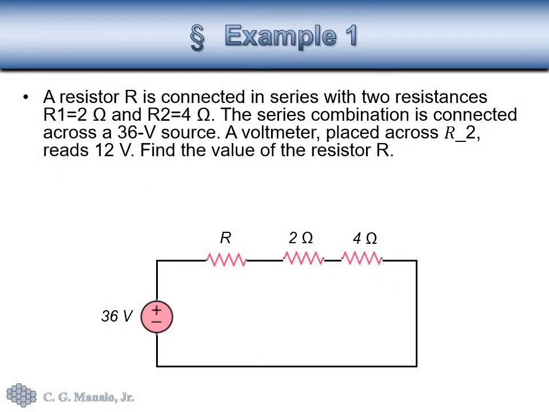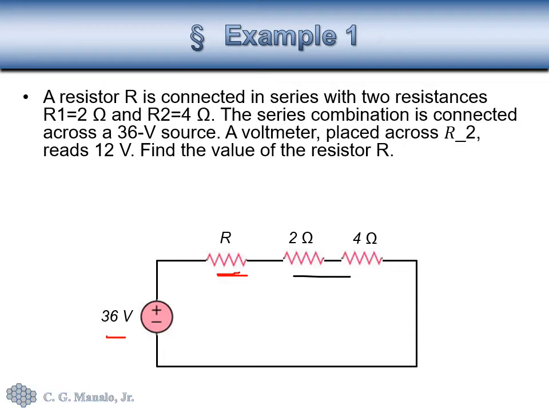So in this example, we have two resistors connected in series, and the two are connected with a third resistor with an unknown value, and the three resistors in series are connected to a voltage source of 36 volts. Now, the problem requires us to find the value of the third resistor with an unknown value,